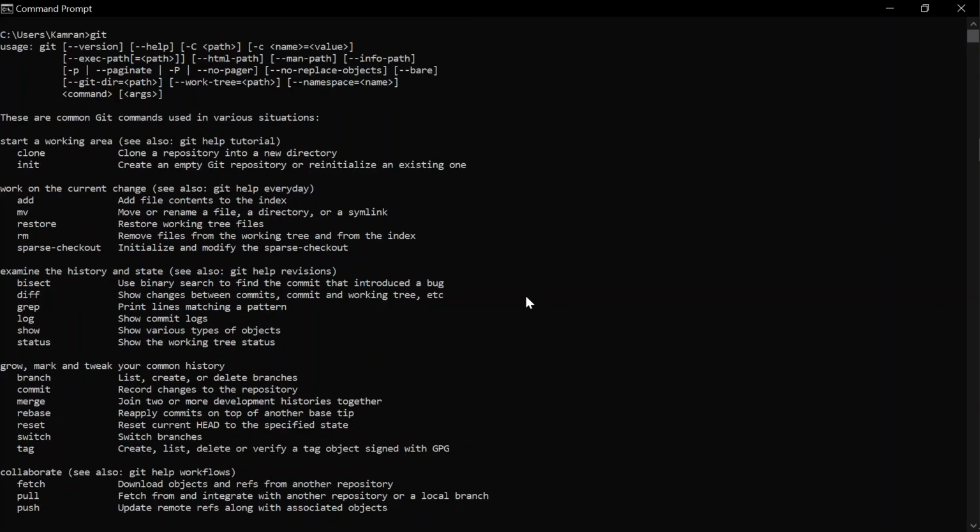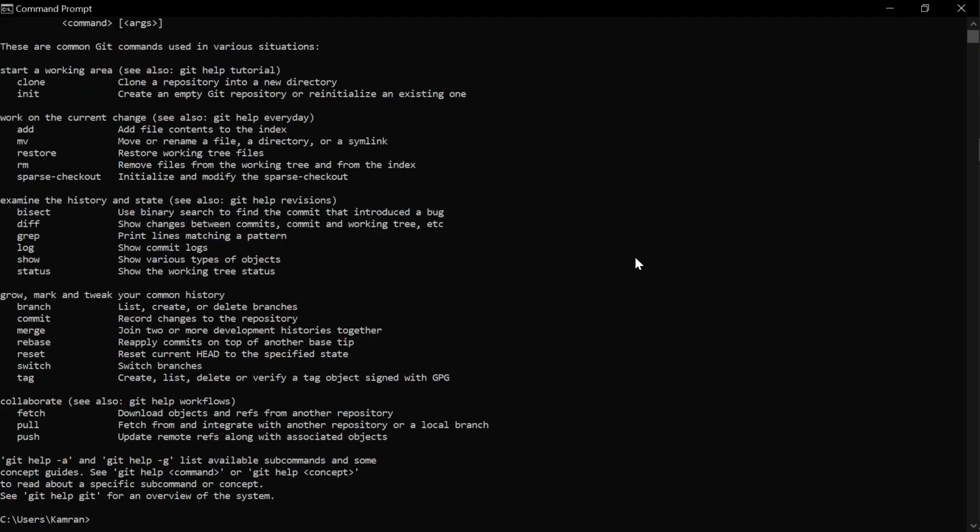So let's take a scenario in which we will be needing git in our project, and then try to tackle that scenario using git. So the scenario is that you and your friend want to code something, and you are working on a single project, and you want to create a git and share between you guys. So how can we do that? So let's take a project and share that project between two people, and let's see how it works.